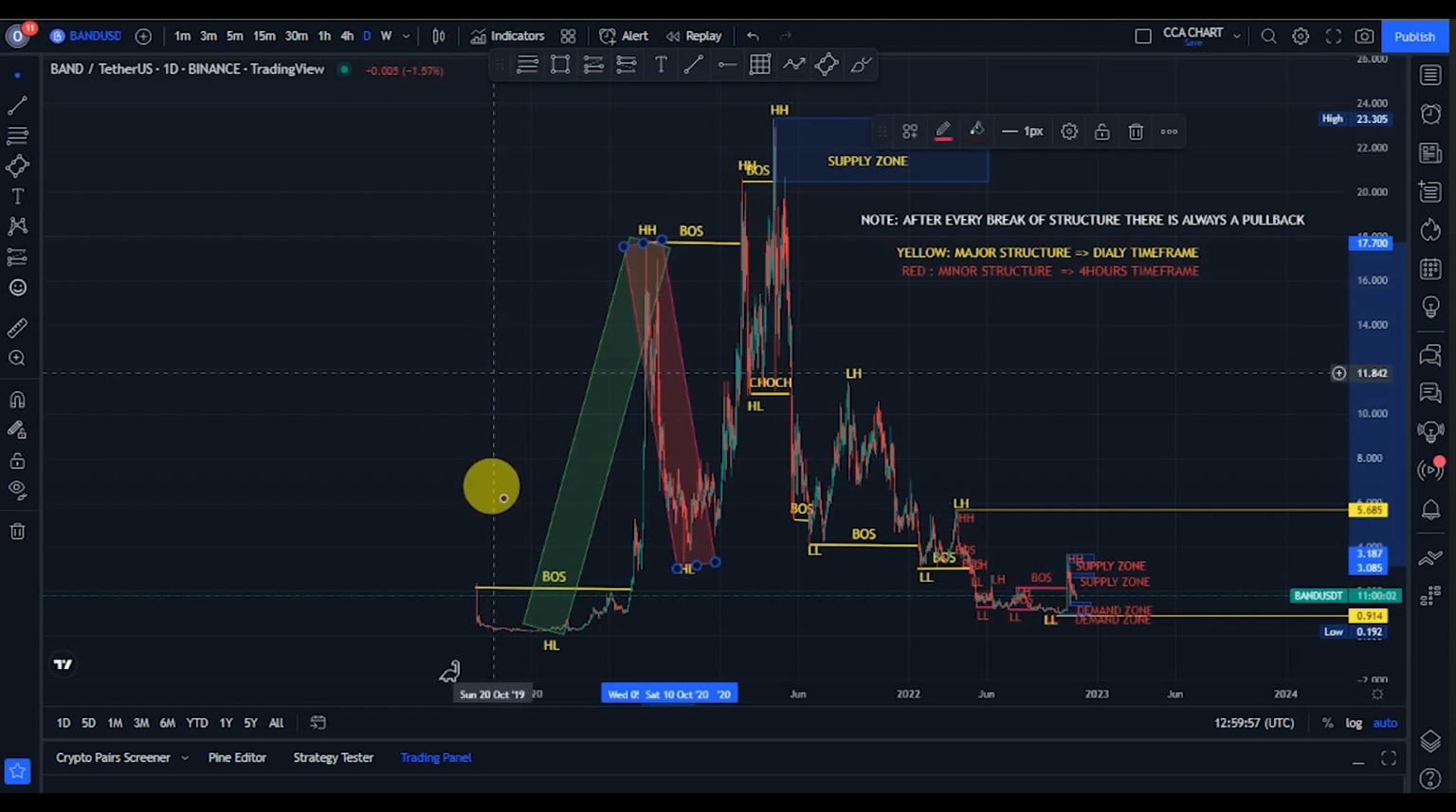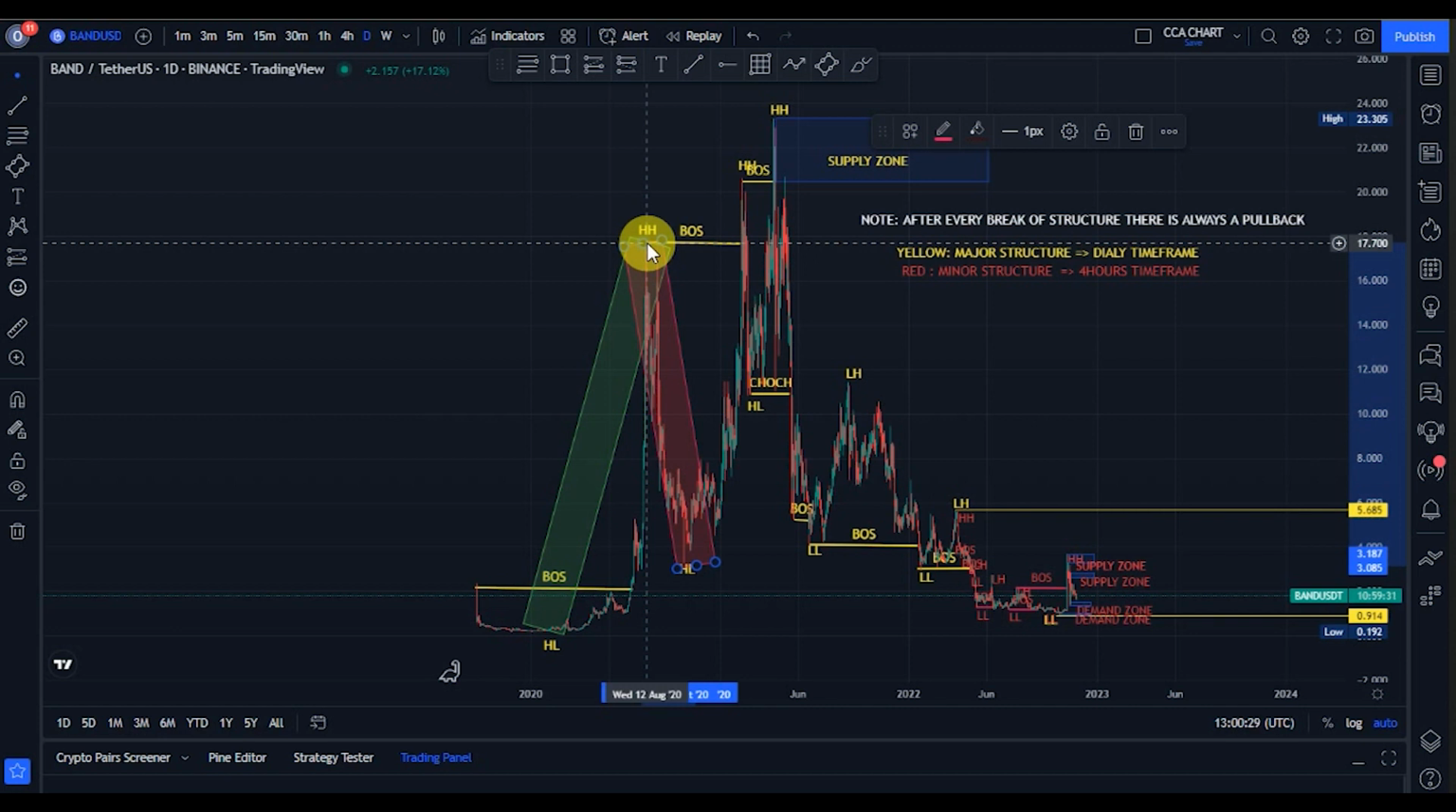So guys, after the Band protocol was launched in September 2019, we saw that it was launched at the price of $2.3, and the bears came into the market. The price fell to about $0.277. So guys, the first break of structure we're seeing is the bullish trend, the bulls. They broke structure to the upside, taking price from that $0.277. They took it to about